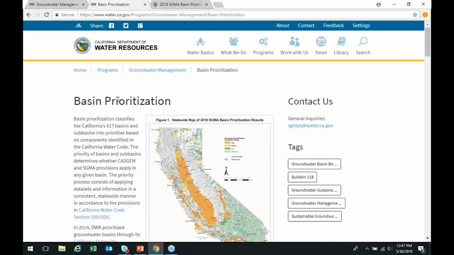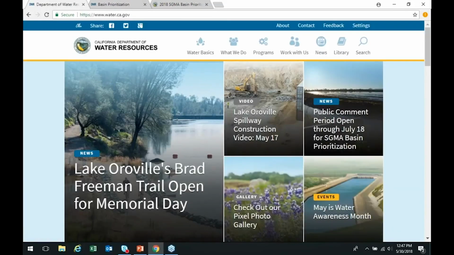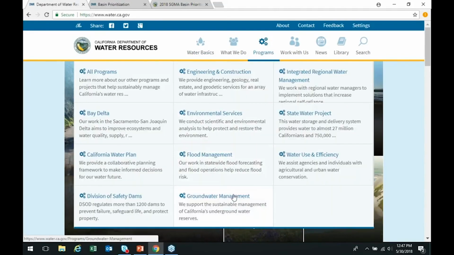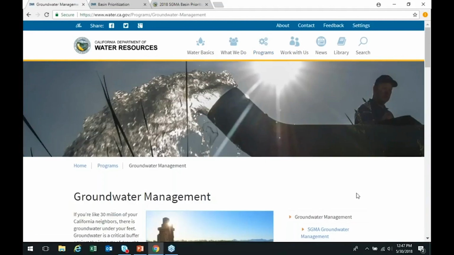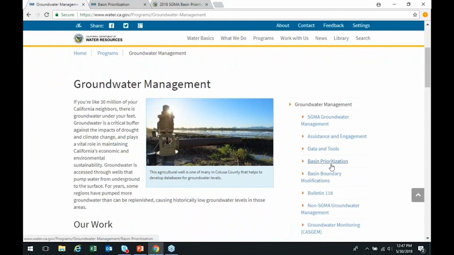So this is a view of the basin prioritization webpage. I want to start with just how to access this webpage. Starting from the Department of Water Resources homepage, you go to Programs, Groundwater Management, and on the main groundwater management webpage, there is a link for basin prioritization.